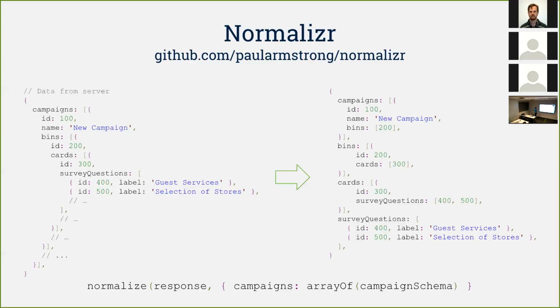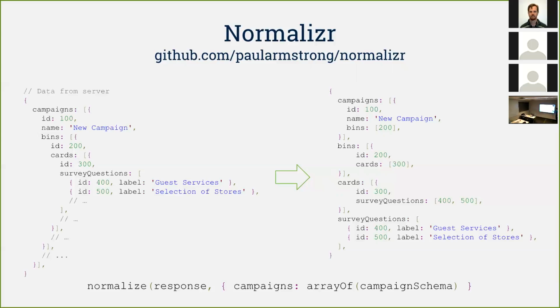So we're looking at exactly what's happening here for a second. Originally we have a campaign object, inside the campaign object there are bins. Inside the bin object there are cards. Inside the card object there are survey questions. After we normalize the data,